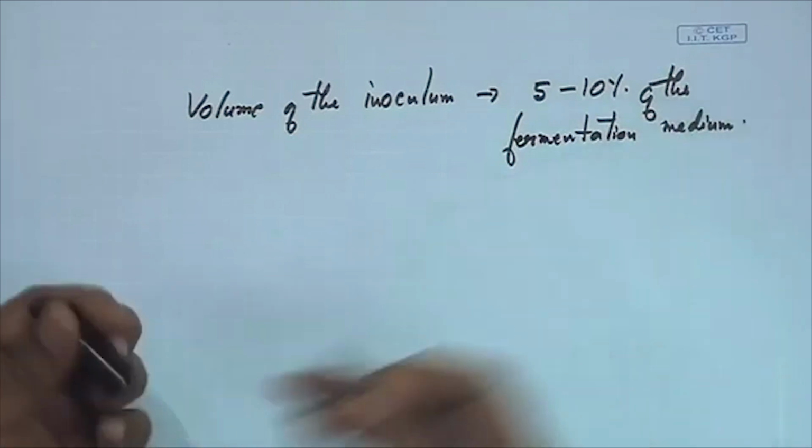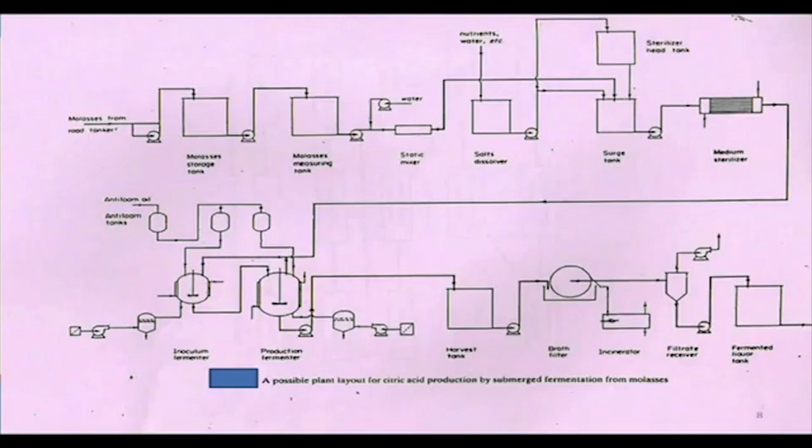So at Citric Biochemicals where I worked, the capacity of this reactor was 200 cubic meter. So naturally this should be 10 to 20 cubic meter. So our size of the media was around, we found 14 cubic meter is good enough for this production fermenter. Now a very interesting question comes: how did we prepare the seed culture in the lab